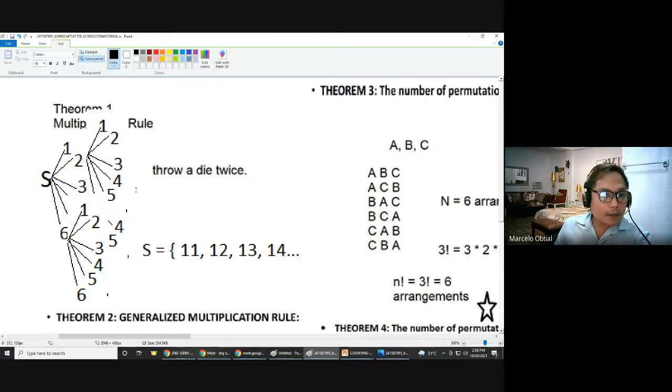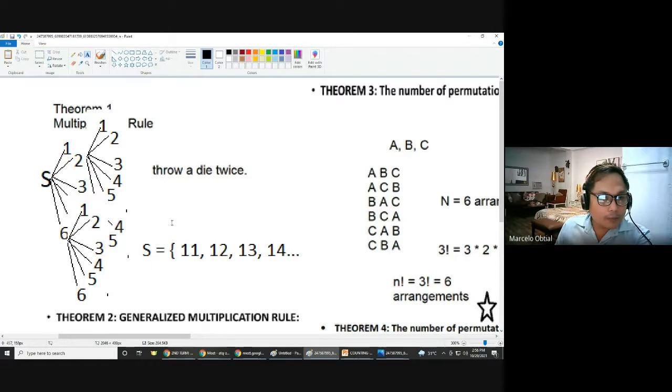So, malalaman natin yung ating sample space dito by looking at your tree diagram. Imagine lang natin nakakonekta ito dito, class, kasi dapat etong portion na ito nakakonekta for each of the numbers here, 1 to 6, no? Okay, klaro ha? So, pwedeng 1, 1, 1, 2, 1, 3, 1, 4, 1, 5, 1, 6. Kapag yung una nating throw is 2, pwede siyang 2, 1, 2, 2, 2, 3, 2, 4, 2, 5,